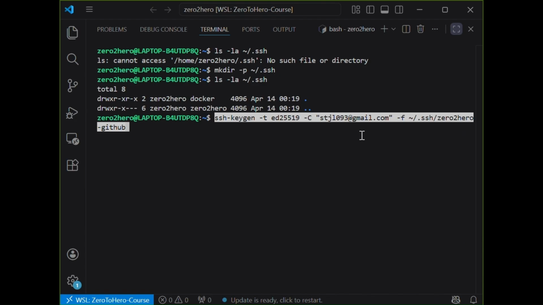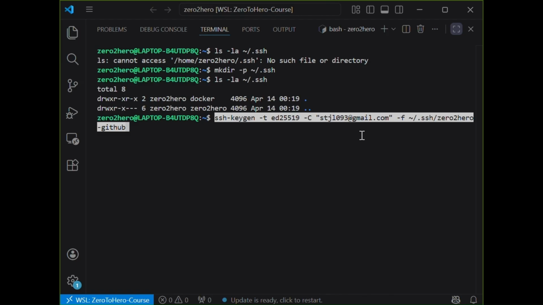-f ~/.ssh/ and then the file name. You can put anything regarding the name. I'm calling it zero-to-hero-github to keep it organized. Tilde stands for the home directory, that symbol.